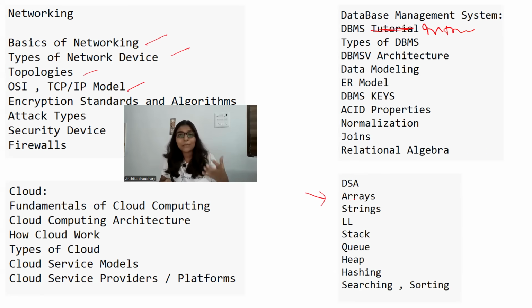Tree, binary search tree, AVL tree, all the trees are coming, right? It's not like if you come with just the basics, then yes, you can clear it. No, you have to put in your efforts, because the difficulty is quite high. I found the Accenture paper quite easy in comparison to Capgemini, because the syllabus is quite different here, and even in pseudocode, I found that they are asking the